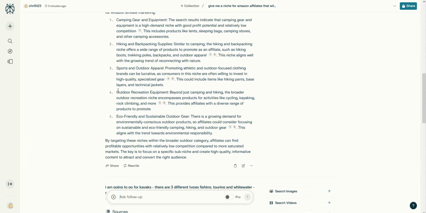So you could again further refine this. The simple steps are, once you see a niche, go further into the niche and say give me some more information on that niche. So I've gone from outdoor to 5 different areas of the outdoor niche, and the one I liked was kayaking. I was mainly thinking about the price of kayaks and so on. So let me show you this.